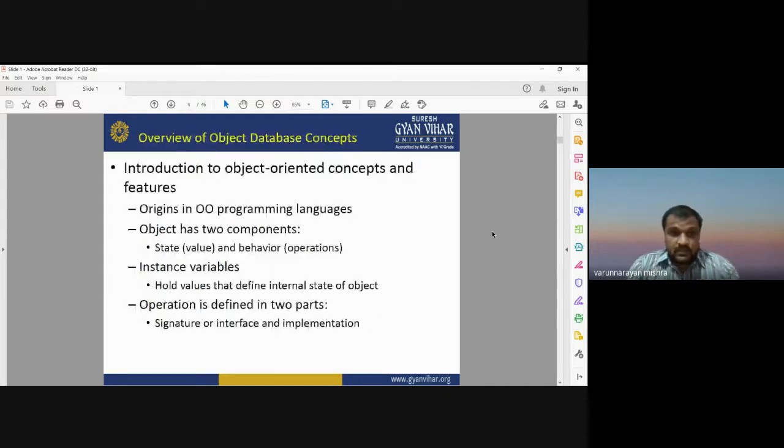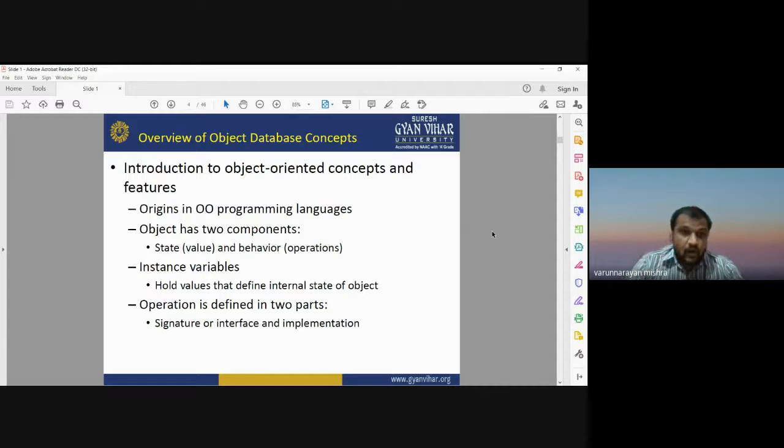In the introduction to object-oriented concepts and features, object-oriented database programming languages work at two levels, state and behavior. The state level holds the values of that object, and the behavior level has operations, some methods. It can hold different values that define the internal state of an object, it can have different signatures or interfaces, and it can be implemented for different applications.